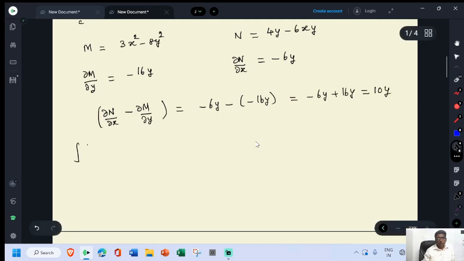Therefore, the double integral over R of (∂N/∂x − ∂M/∂y) dx dy